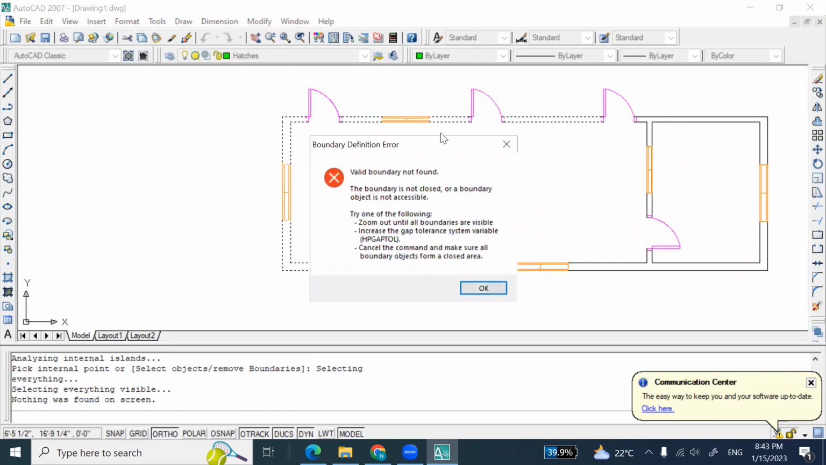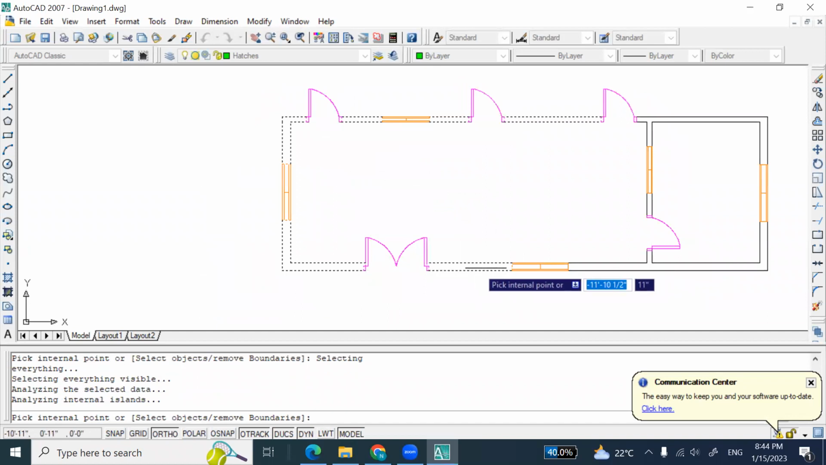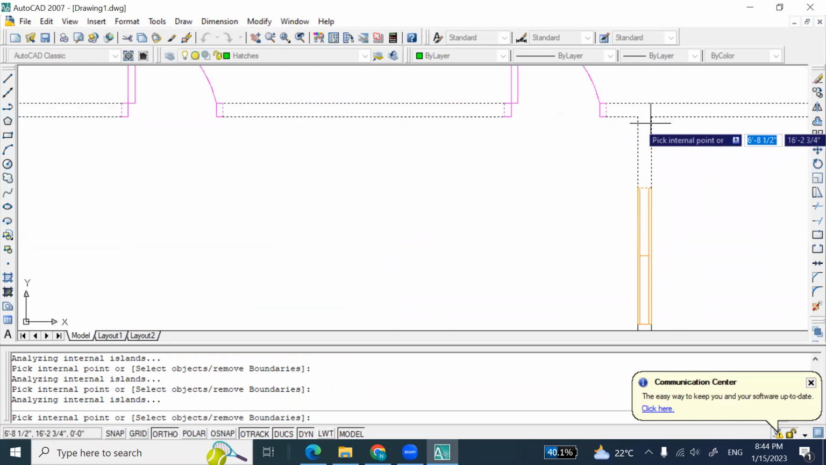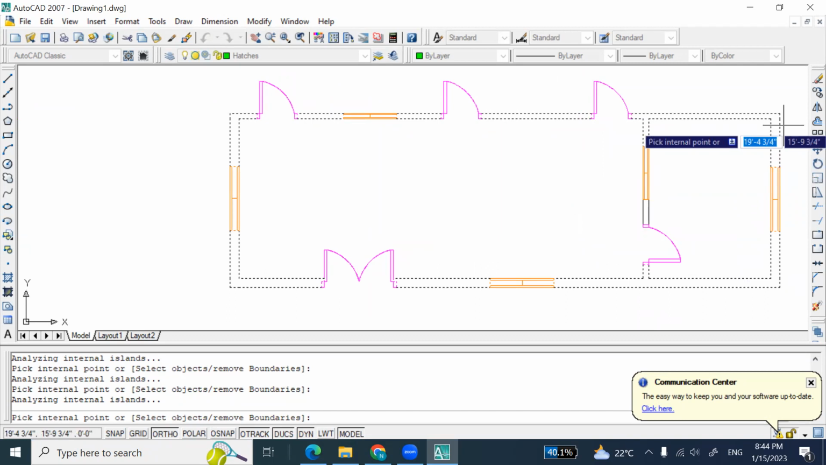Okay, it is giving an error. Many of you will find an error that valid boundary not found. Click on OK. If you go from this side, it will show some error, so try from another side. If you again find this error, just delete the wall portion and redraw it and try to draw the hatch layer. Now all the walls have turned from solid line to dot line, then click enter,